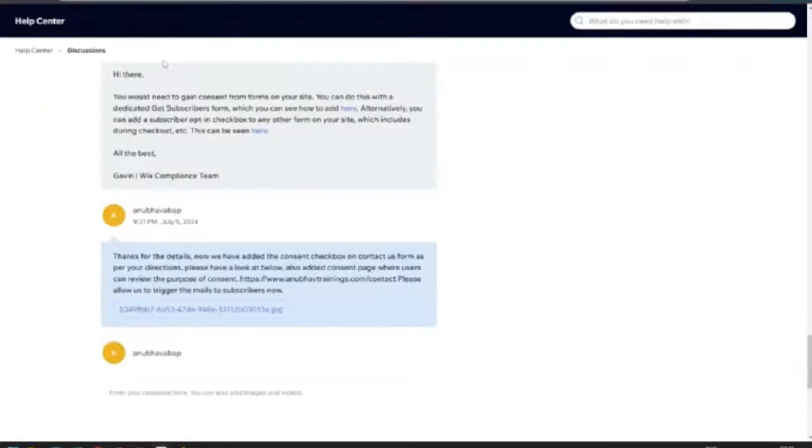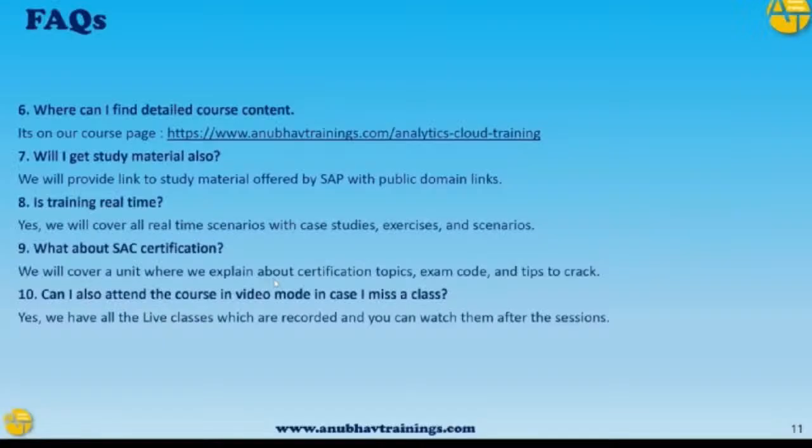Yeah, makes sense. So then we will just go back, and will I get the study material also? Yes, guys, you will also be getting access to the study material data sets like the one which I showed you today, the elections data set. You will also be getting access to that study material, including I will guide you where you can get free study material from official SAP web pages, which is the up-to-date documentation. So that I'll also guide you.